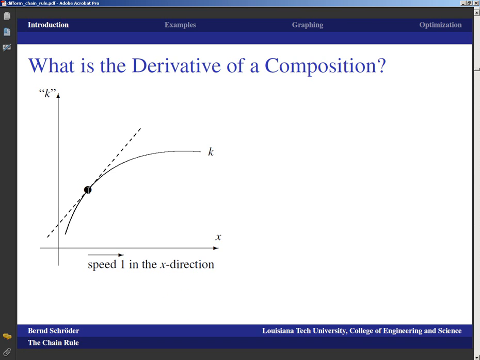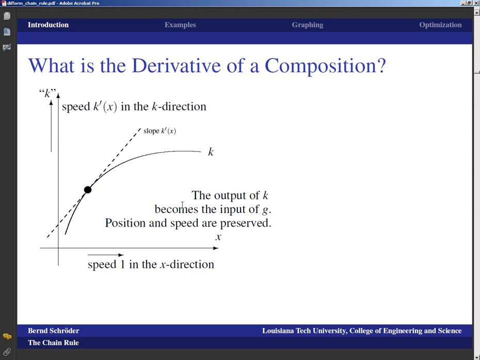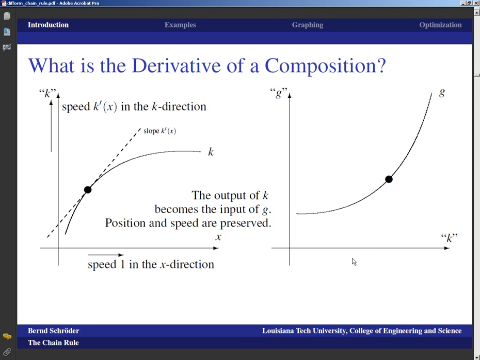Then, because instantaneous speed always just considers tangent lines, the slope of the tangent, which is k prime of x, translates the speed 1 in the x direction into a speed k prime of x in the k direction. And of course, the output of k becomes the input of g in a composition, and position and speed are preserved. So now this position here becomes this position on the x-axis, or on the k-axis, if you will, and the speed is now k prime